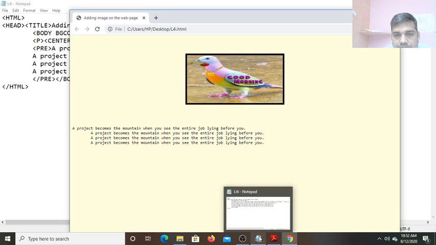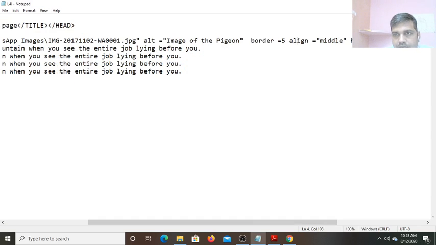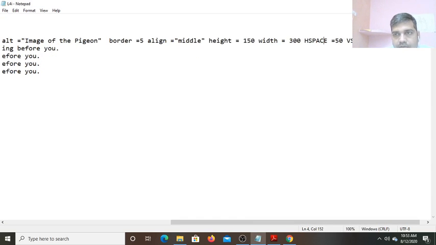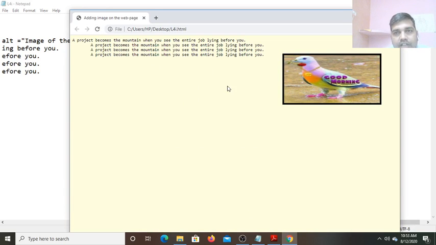Now if we set here, the alignment I have done here is middle. Now you do it here right. Okay, now see the image, you refresh it, you will find it on the right side.